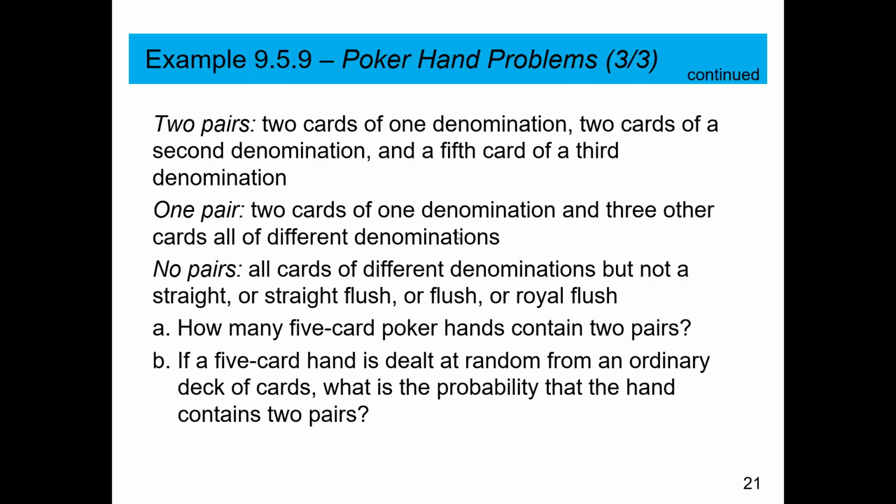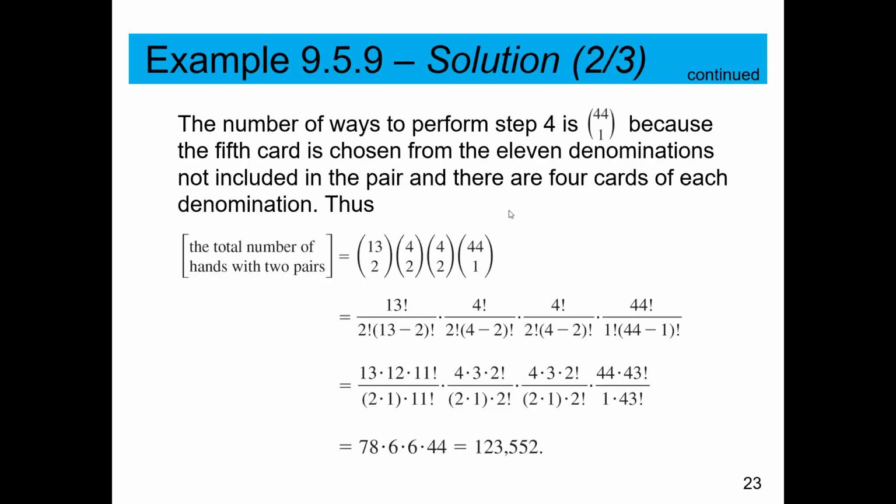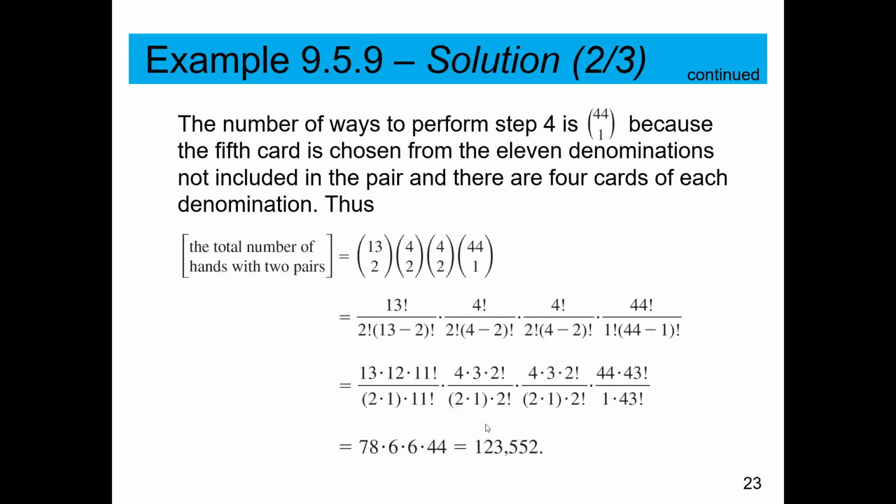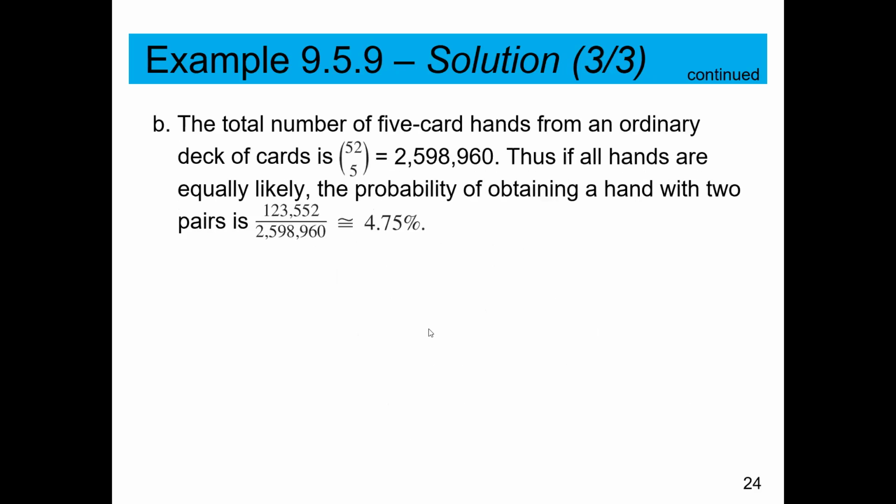All right. Second question: if a 5-card hand is dealt at random from an ordinary deck, what's the probability that the hand contains 2 pairs? Now, remember, probability is how many you want over how many total you have. So we take 52 choose 5, and that is going to be our denominator, and the numerator is going to be this value right here, which turns out to be 123,552. Yes, there are over 2.5 million possible hands,